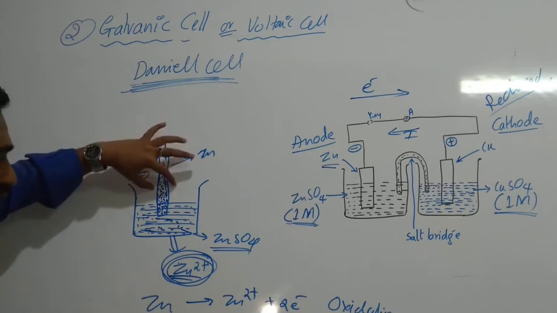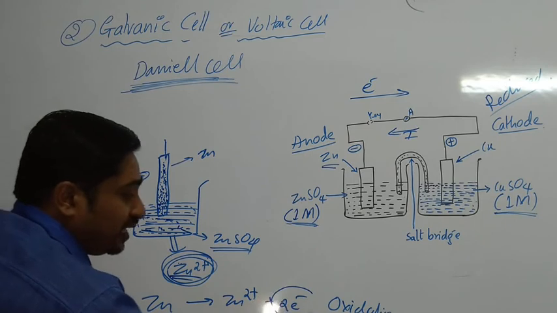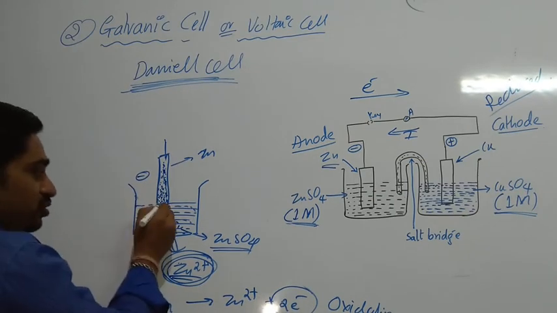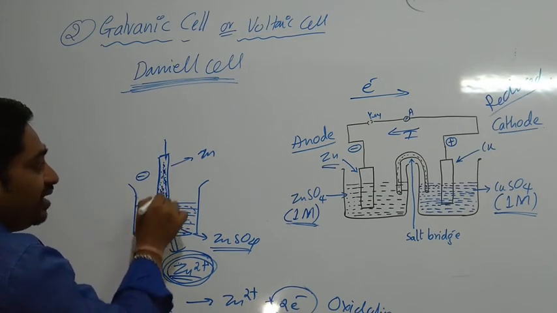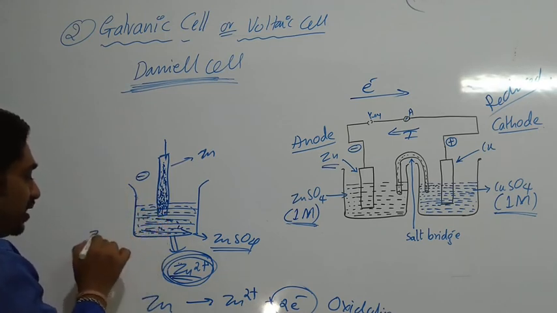When the zinc atoms are oxidized, they lose their electrons. The lost electrons from the zinc atoms are retained at the zinc strip. When the zinc atom comes out from here, in what form does it come? Zn2+